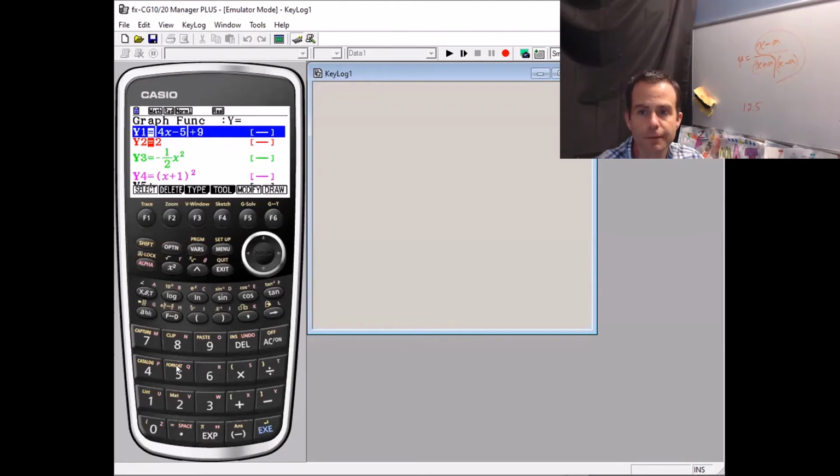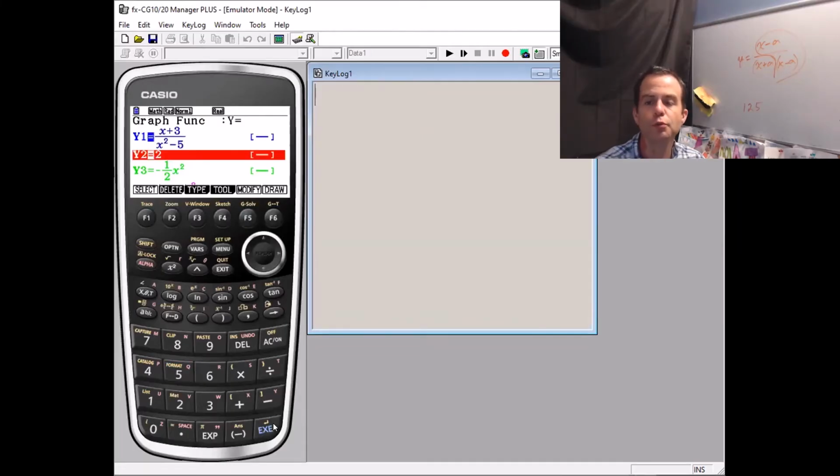So in your graphing calculator, if you have a new Casio or a new TI, you would want to open up a fraction button first. That's your ABC button on a Casio, or if you have the new black ones, it just looks like a box on top of a box, but it's in the same spot. Then you can go x plus 3 and then go on the bottom and go x squared minus 5. Okay, if you have a new TI, you can get that fraction opened up as well by going alpha y